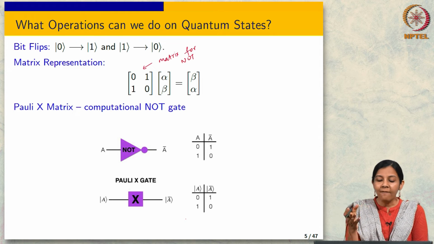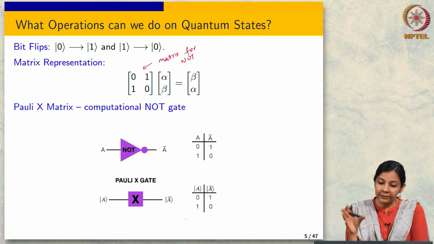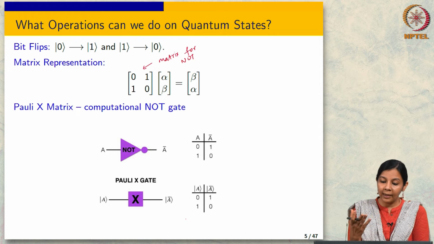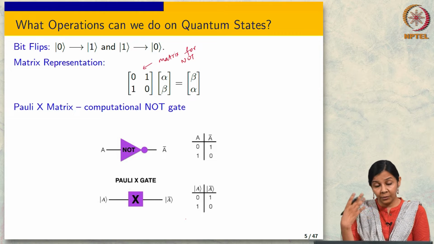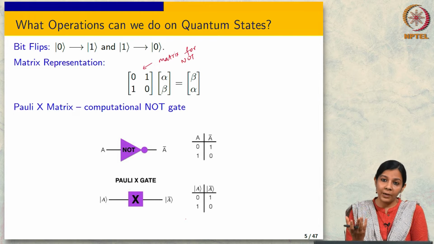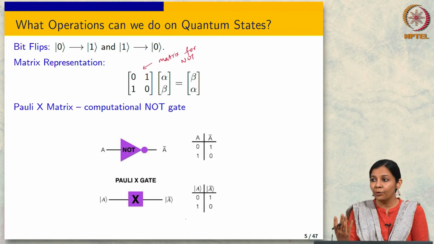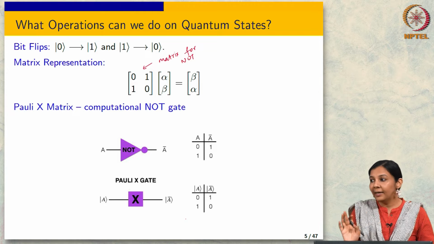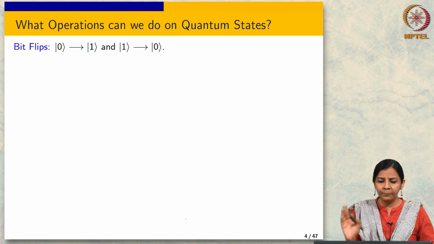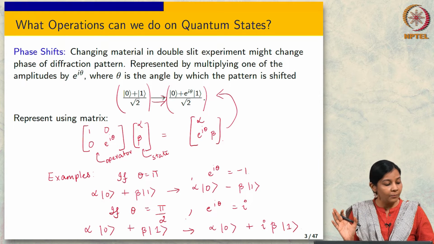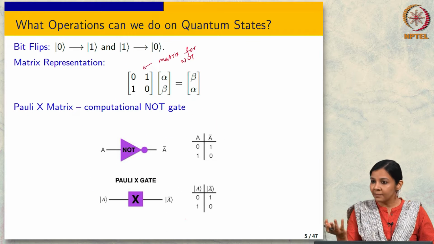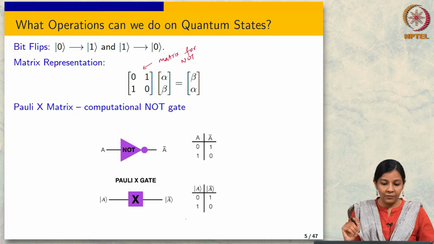Okay. So, what have we done which is sort of different from the classical setting in the case of NOT? We are using this matrix as the operator. And as we will see today, representing these different operations using matrices is something that is going to be important in the quantum setting. We will talk about that. Are there any questions so far? So, we just saw two very simple things. One was a phase shift, which was a little bit different than what we had seen before. One was a bit flip, which is exactly the same as something we have seen before.